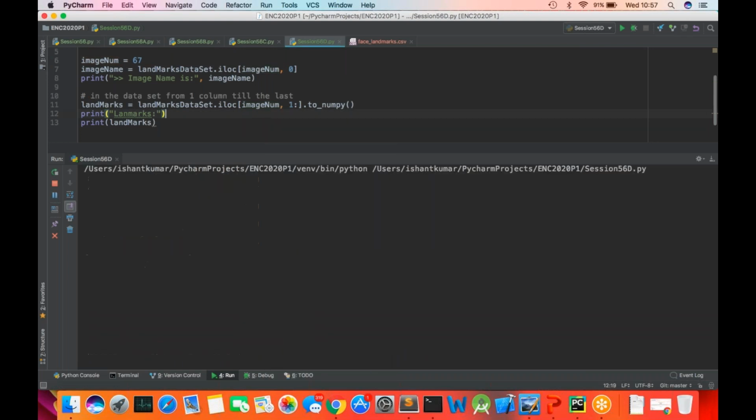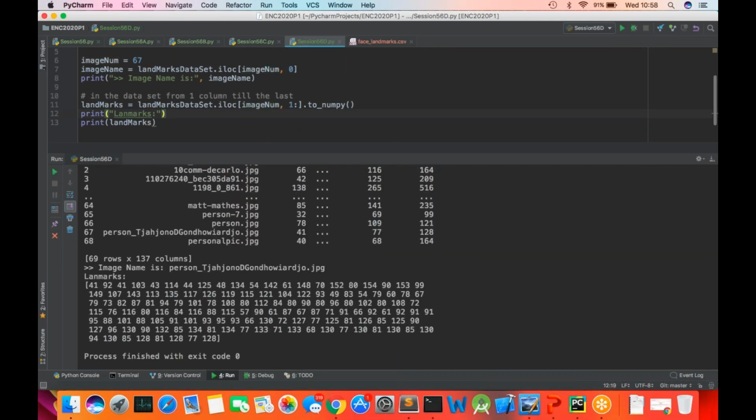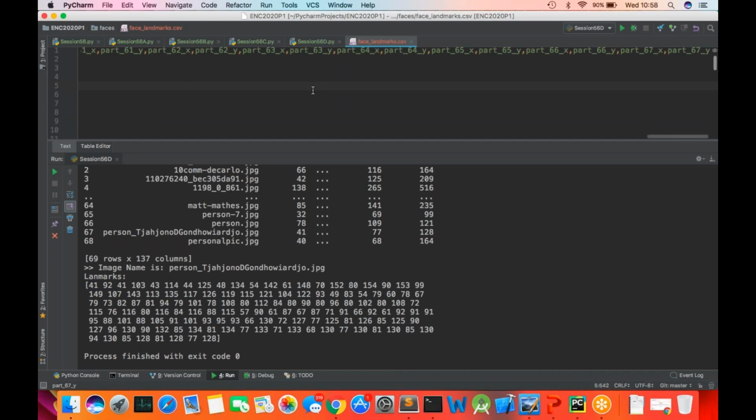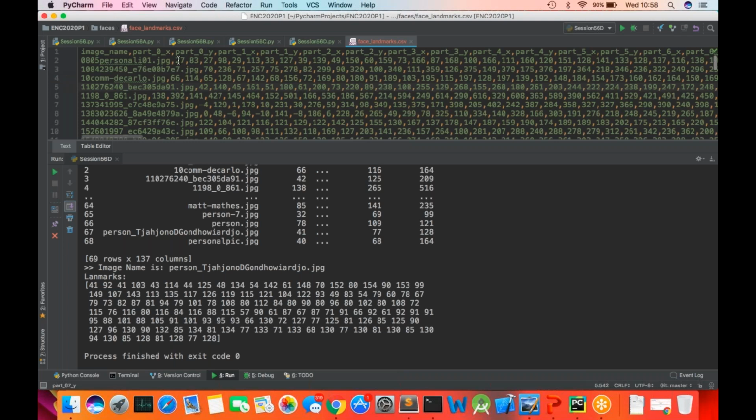Guys, what are landmarks? Landmarks are the points on the image where we denote certain features. They are the X and Y coordinates. So if you see here, these are the X and the Y coordinates. So I got it for this 67th image,